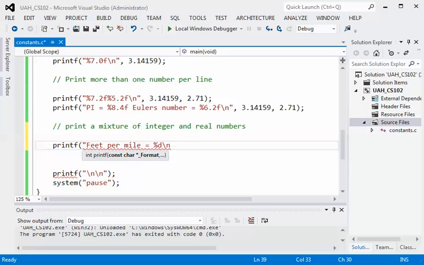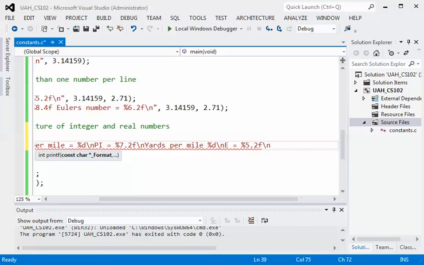So pi equals, and then we'll need a %7.2f for pi, and let's go to a new line. And I'm not putting any space there because I don't want any spaces to lead off the new line. So I'll go to a new line, start with the first print position. Now let's say yards per mile, and that's going to be a %d \n one more time. And to keep this short for Euler's number, let's just say E is equal to, and let's do our %5.2f there, \n, double quote, comma,